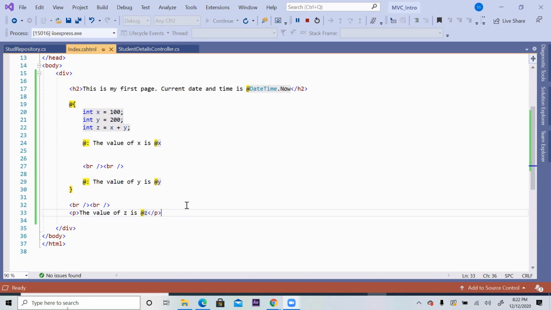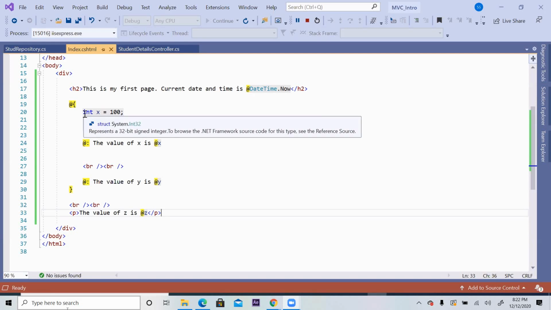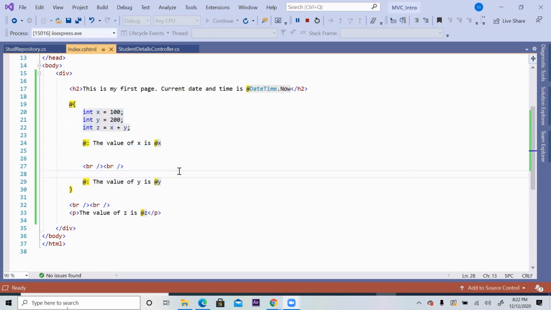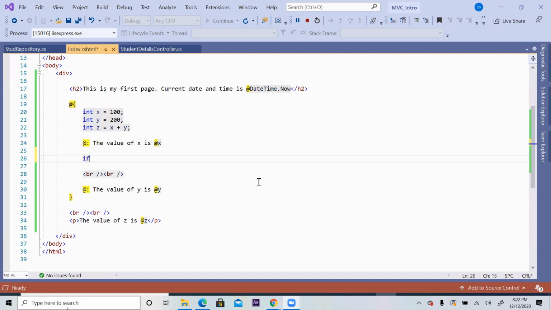Can I already what we know? We know blocks inside that variable declaration. All the operators are most welcome. If you know C#, anything you can write here. Now suppose I want to put some if-else condition, etc. If-else condition, loop, arrays and all. If razor block is going on, no problem. Directly you start writing like this, if and all that. Okay? Because razor block is going on.